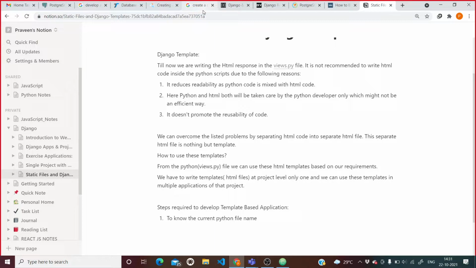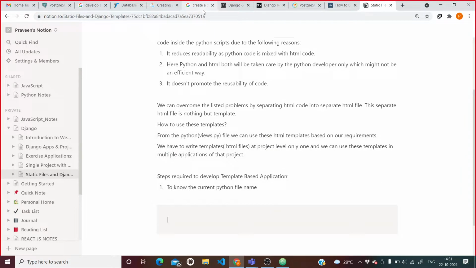We can do that just by writing print __file__. The dunder file attribute is used to check the name of a particular file. Let me show you.